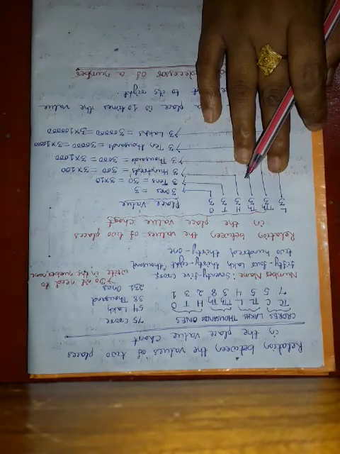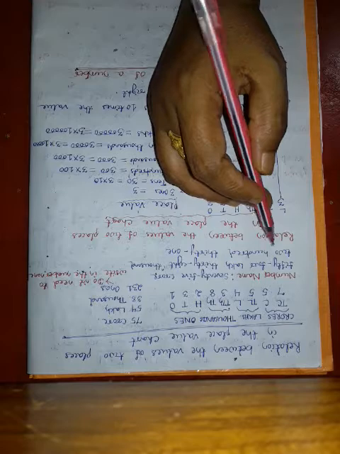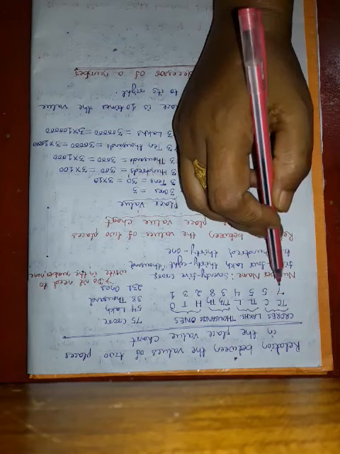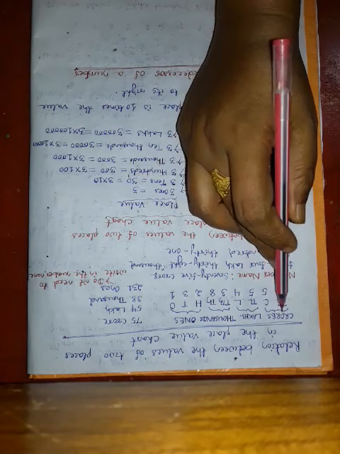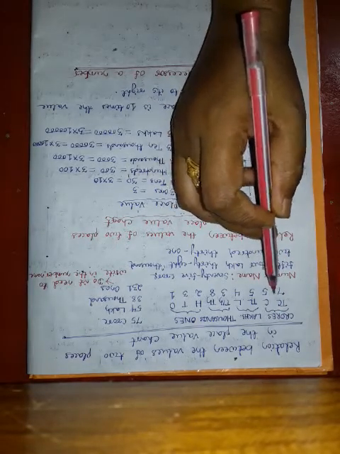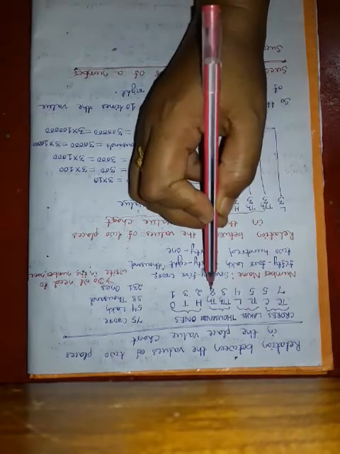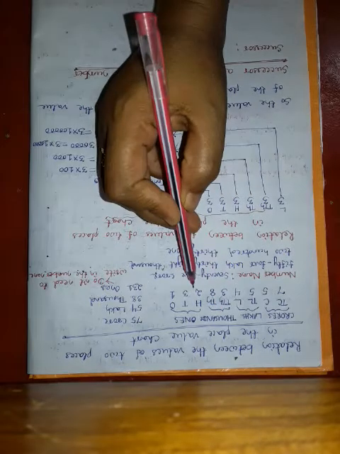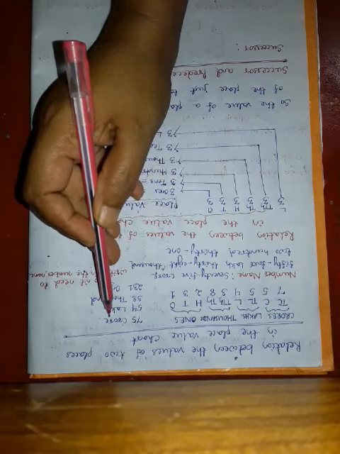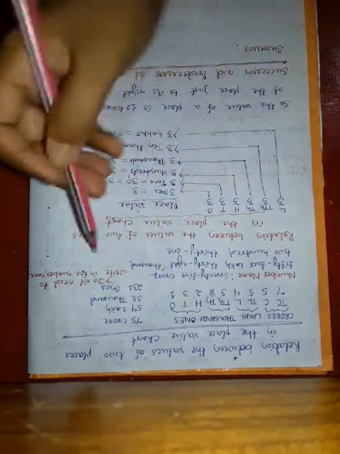Then let us see how we write the number name of this numeral. I told that the digits of a period have to be read together with the period name. 7, 5 belongs to the period crore, 5, 4 belongs to the period lakhs, 3, 8 belongs to the period thousand, 2, 3, 1 belongs to the ones. That's why I have written 75 crore, 54 lakhs, 38,000, 2, 3, 1 ones.